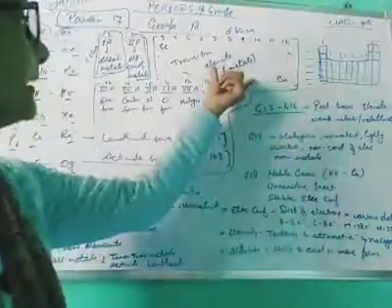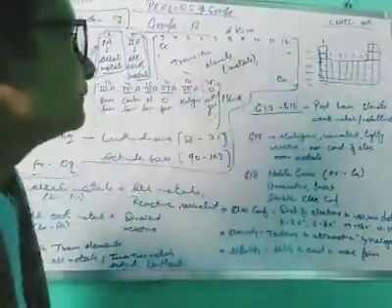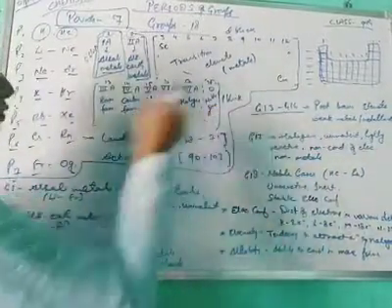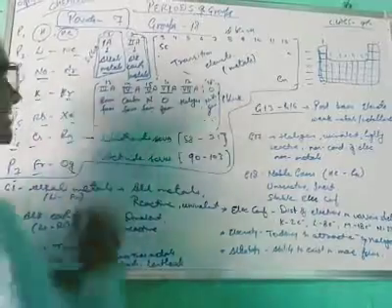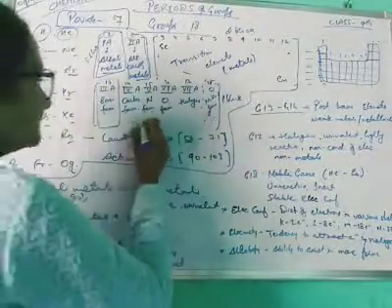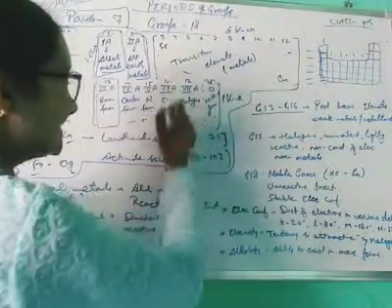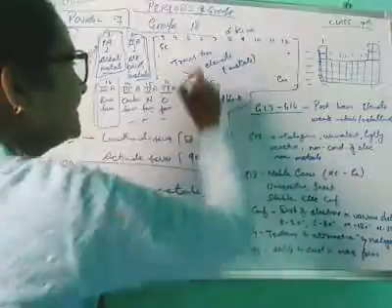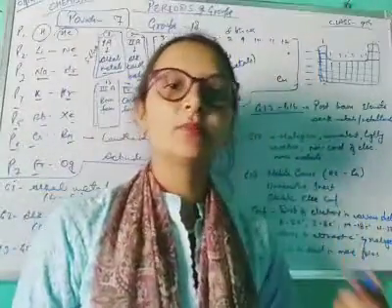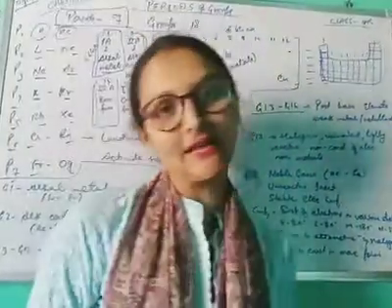The transition elements part is called the D block, and the last is the P block from 13 to 18. The 13th group is called the boron family, the 14th the carbon family, the 15th the nitrogen family, and the 16th group the oxygen family. The 17th is the halogens, you know, chlorine, bromine, iodine, and the last, the 18th group, is the noble gases group.